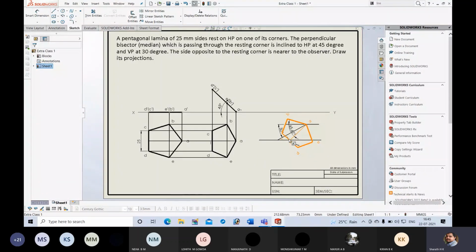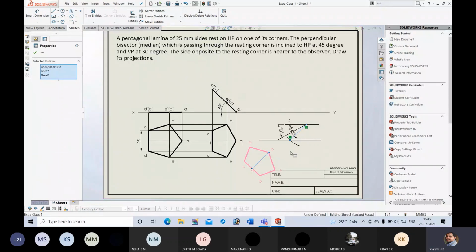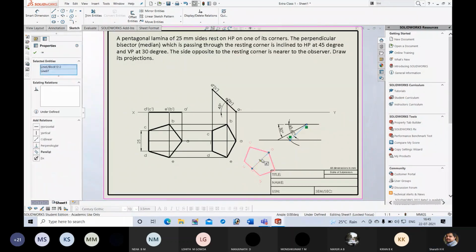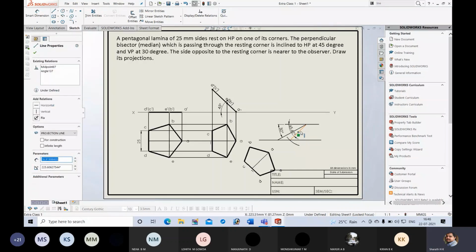There are other options available also. You can select this line and this one, and you can add relations, that is also possible. First select this line, the 45 degree inclined line, the beta angle line, and then press the control button of the keyboard and select this.